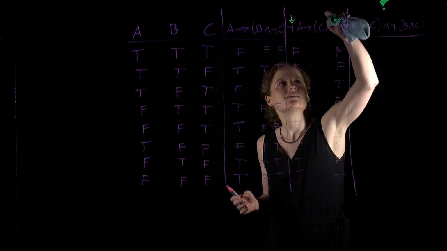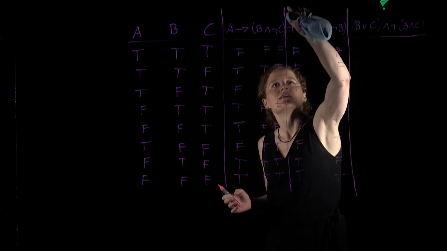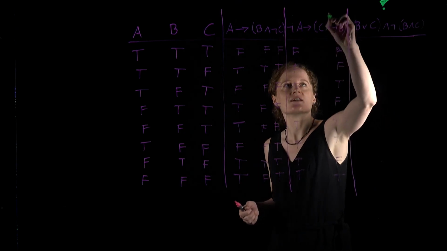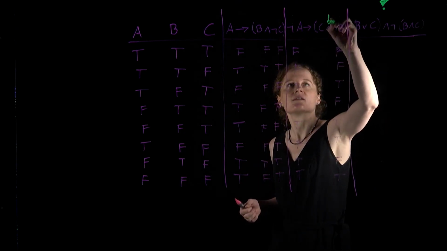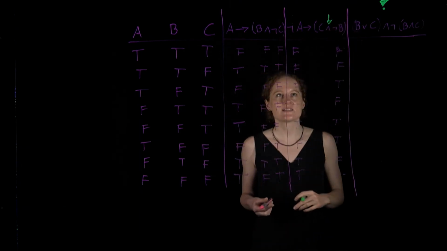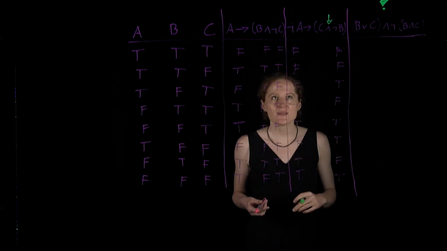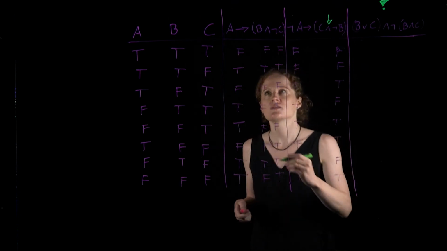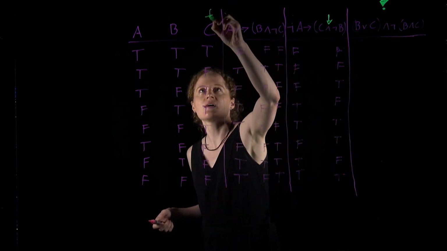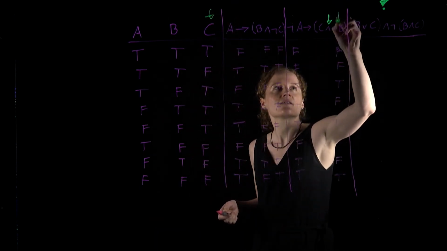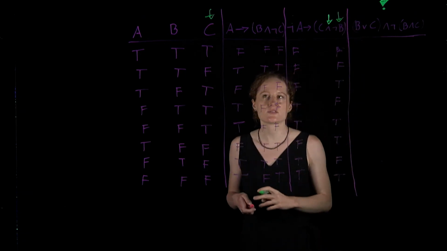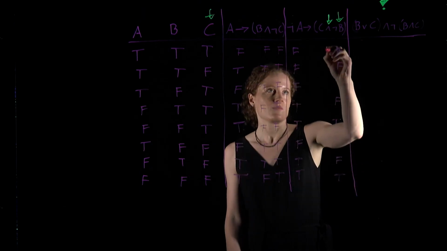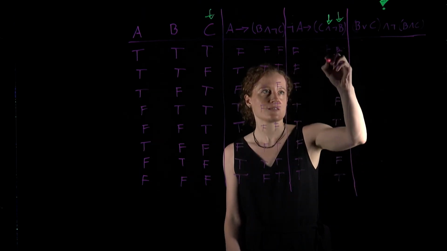Next we need to look at this conjunction sign here. Now the conjunction C and not B is true just in case both C and not B are true. So we need to look at this column here and at this column here in order to assess the truth value of the conjunction. So the conjunction is false,